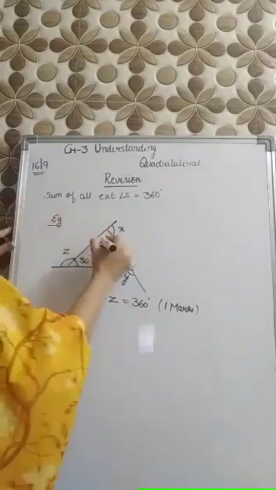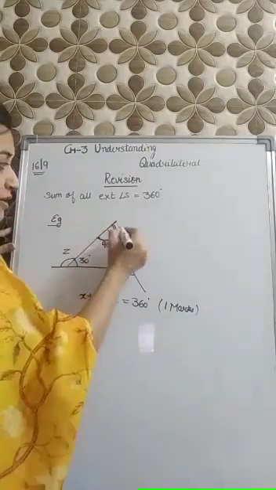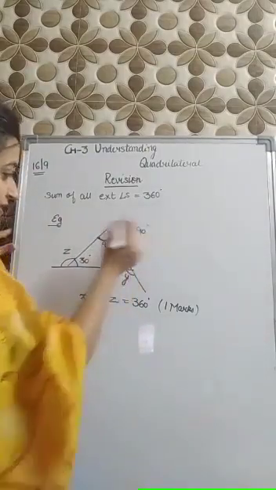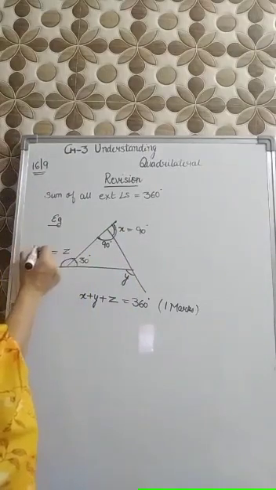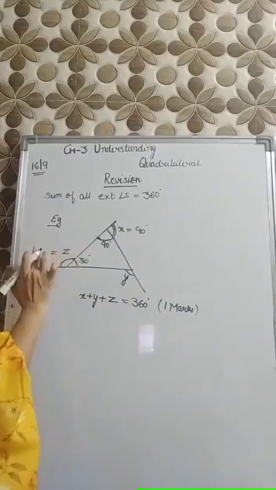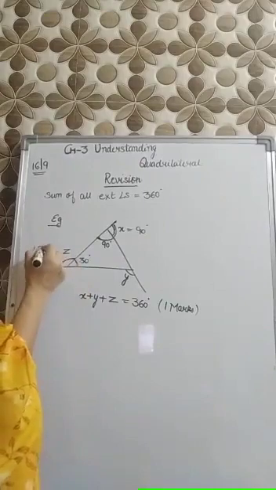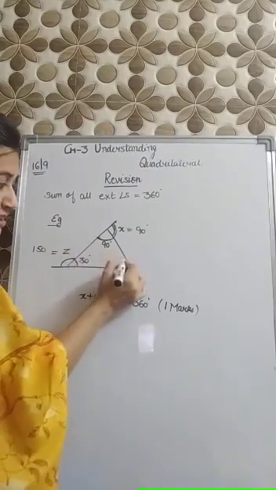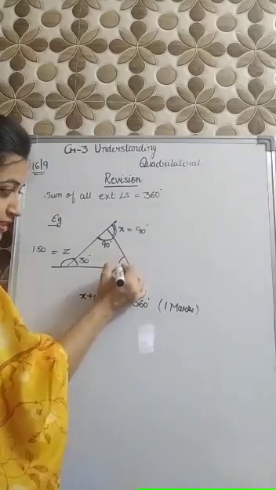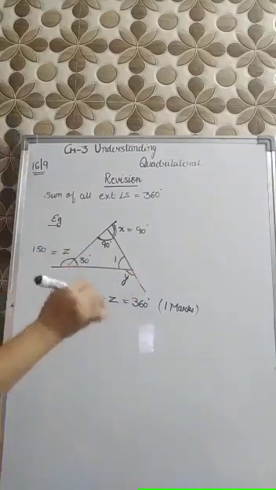So from here, you can take linear pair. This will give you x as 90 degrees. If you take linear pair here, you will get z as 150 degrees. And from angle sum property, firstly you will find the value of this angle 1. Or we have one another way.